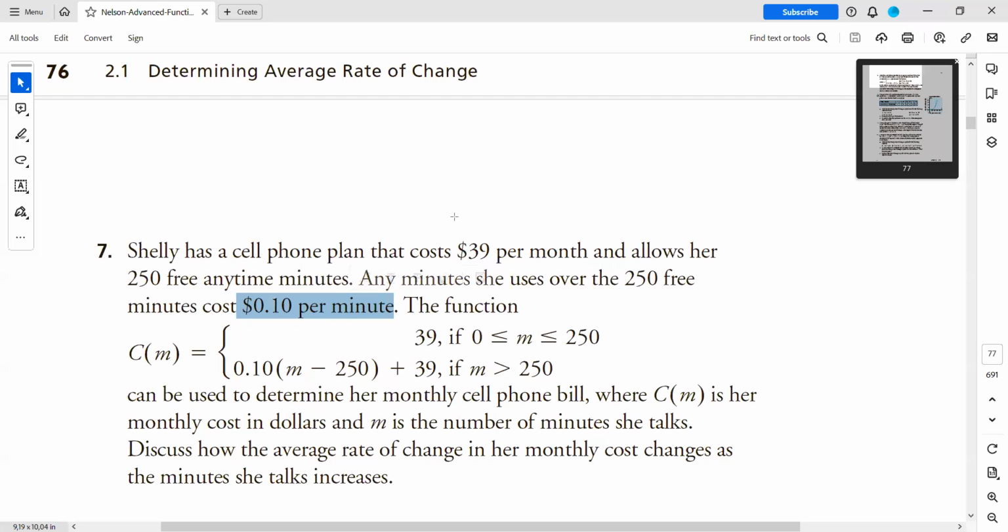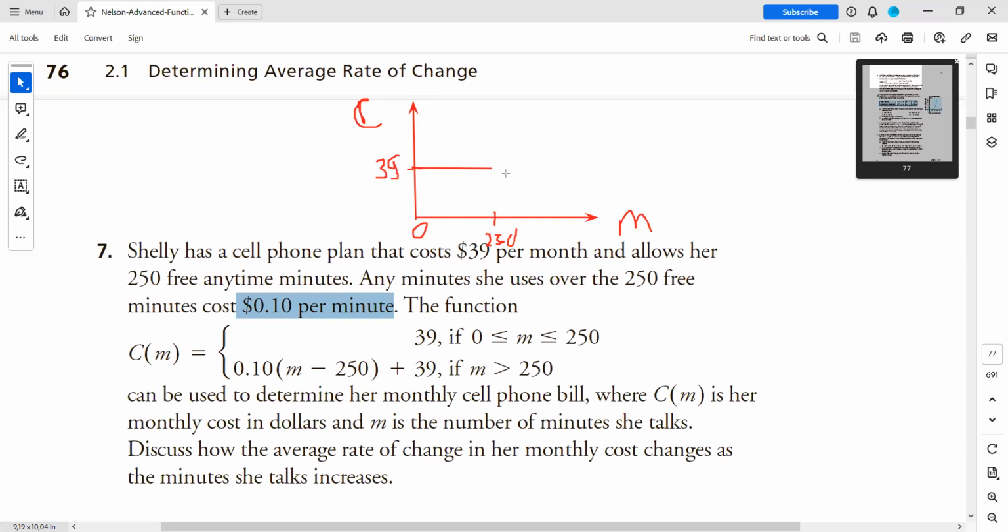Let's sketch this function. As soon as it's a piecewise function, it has two intervals which are defined differently. Here we're going to have cost, and here we're going to have minutes. So first, from 0 to 250 minutes, her cost is constant, right? $39. So just a horizontal line. $39 here. After this moment in time, anywhere after 250 minutes, we're going to have